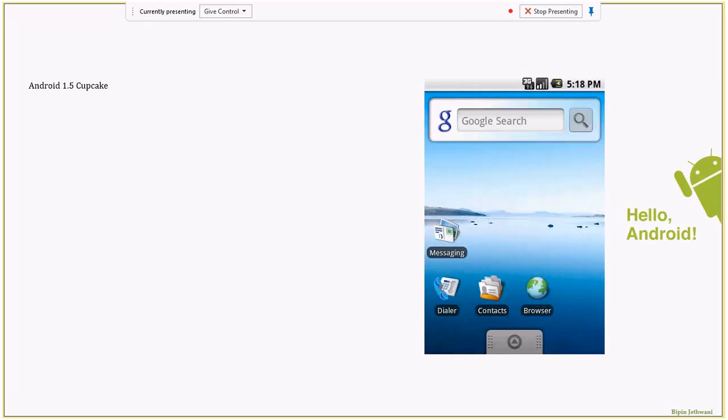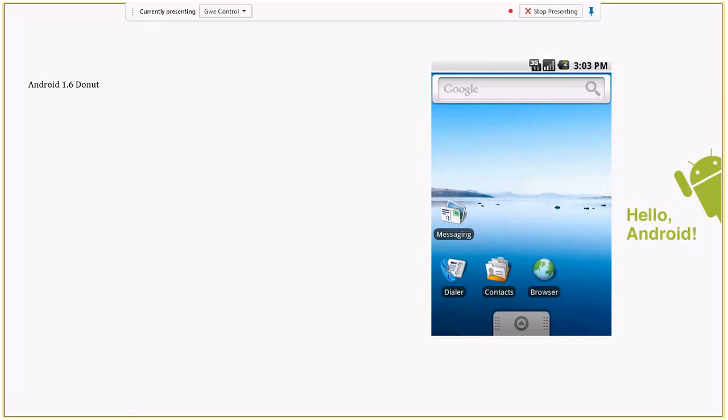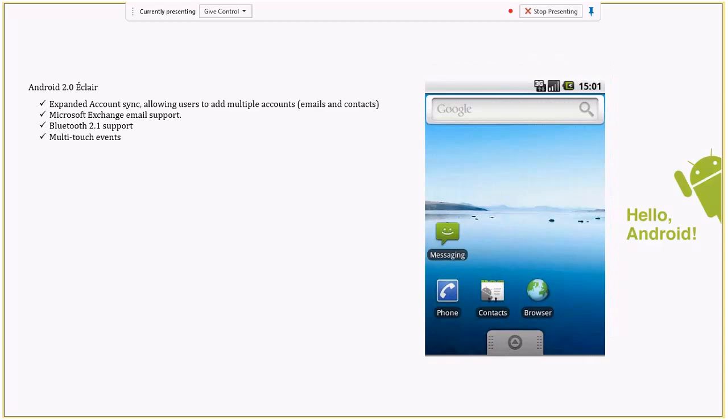Okay, let's quickly walk through how the screens looked in history, just to review a bit of how Android did and what the major releases were, what the major things were which were released with each Android platform. So Android 1.5 Cupcake had the basic functionality of a mobile phone, and then they released 1.6 Donut. It also had the basics and far more enhancement than the previous one, and later they released Eclair.